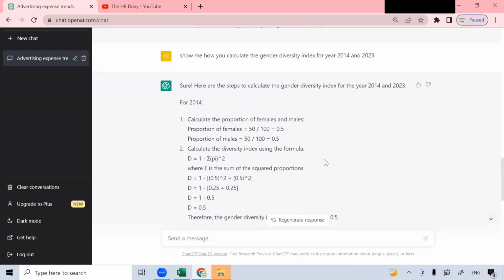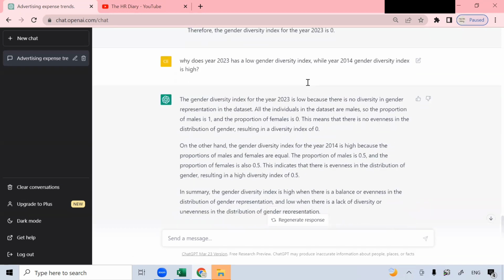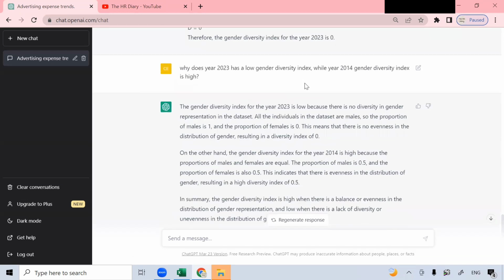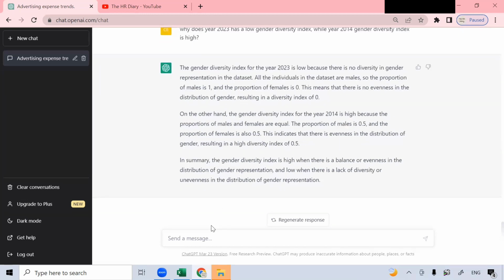Okay, so it has shown me how to calculate, and it has also explained to me why it's high and why it's low. Next, I want ChatGPT to derive a regression formula to make predictions. So at this chat box, let's type, using the data, the above data,